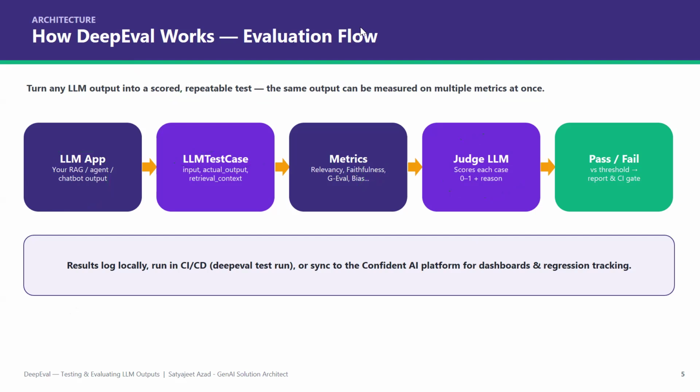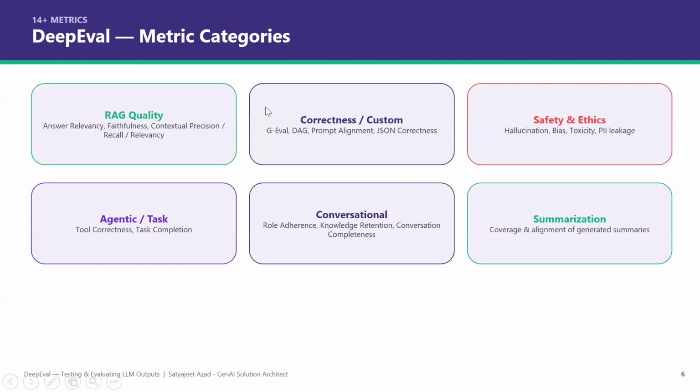Now, coming to some of the metrics categories you can also work on. RAG quality is there. So if you see something called RAG quality, let's say you're working on RAG, then also work on the relevancy, faithfulness, how precise the response is, relevance, whether it's relevant or not.